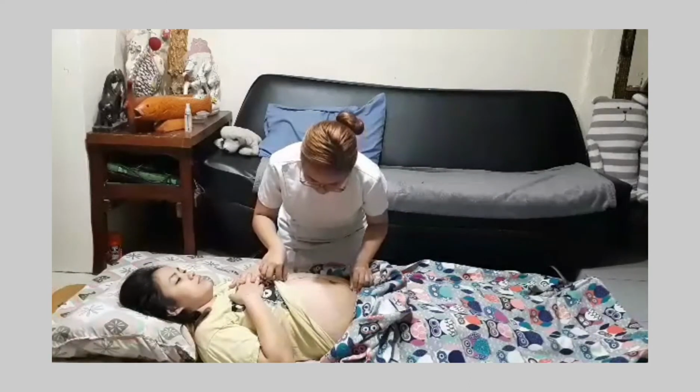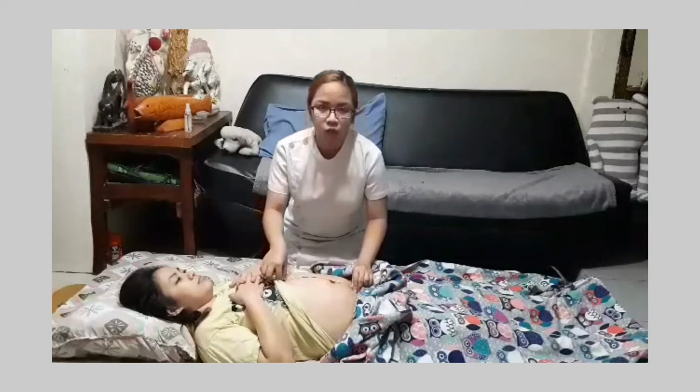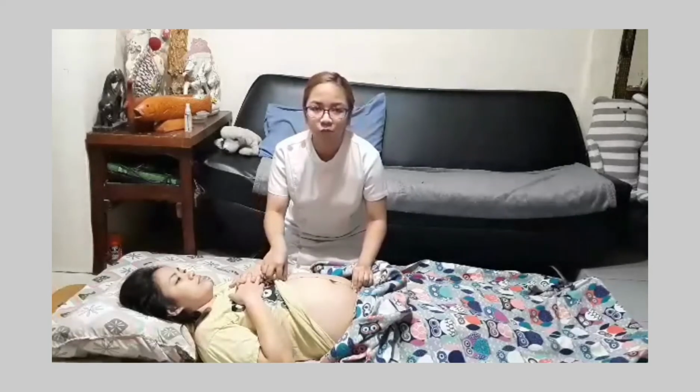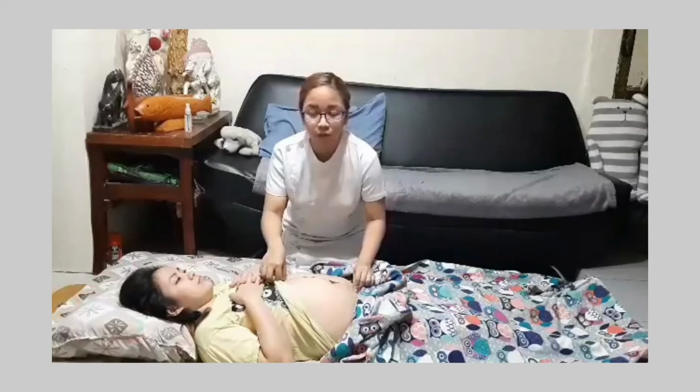Next is to take note of the measurement. Assuming that the client is in the 24th week of gestation, the fundal height measurement is going to be the same as the age of gestation,